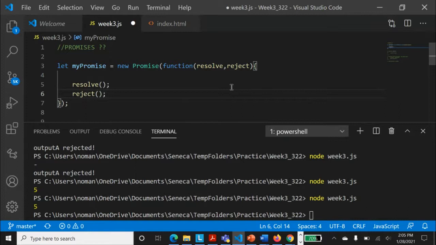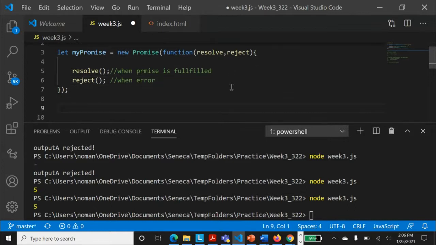What are these two functions? These are the happenings of a promise: either resolving a promise, like the promise has been fulfilled, or rejecting a promise, meaning the promise has not been accepted. So resolve will be executed when the promise is fulfilled, successfully done, and reject when an error has occurred. If the error does not happen, then we will have resolve running.